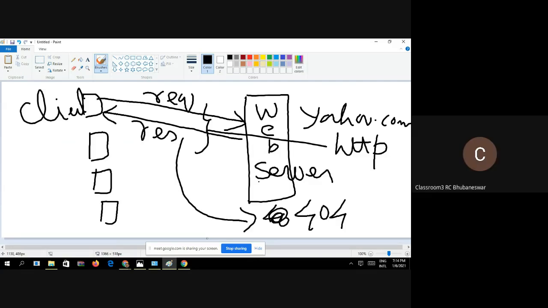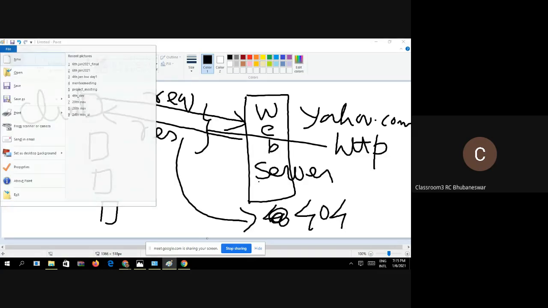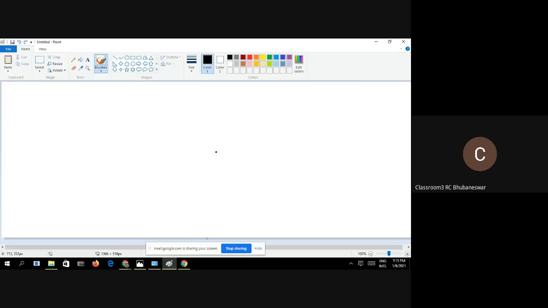I am sending one request to the web server asking for a file. Just give me this file. But this file is not with the web server. That file is not available. But actually, in networking, the internet's popularity,